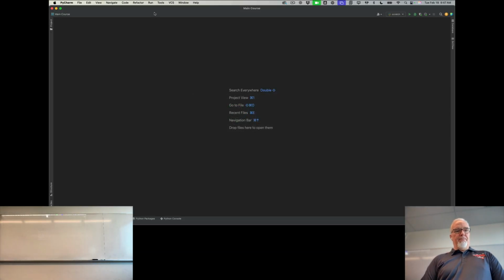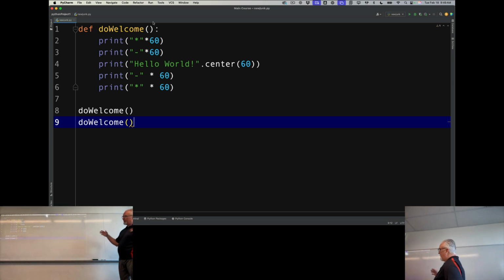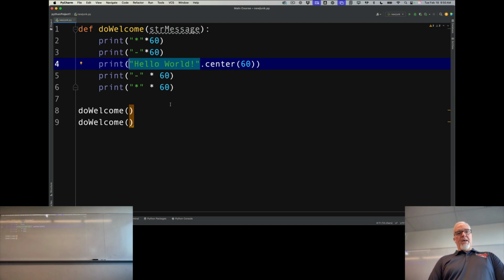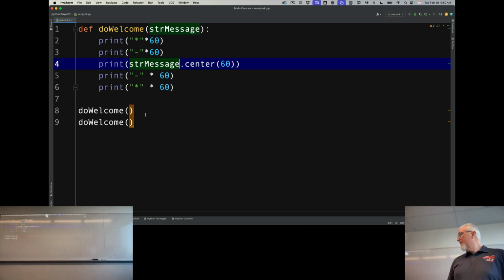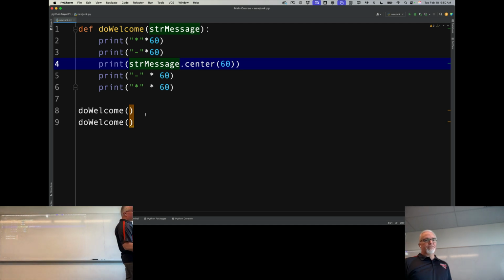So let's play around with this for a second here in our code window. Now, if I want to take this function that we've created and I want to customize it a little bit, make it a little bit more powerful, I can give it a parameter that allows me to customize the message. So I'll call that str_message. And I'm just going to replace that with that variable. Now, as I changed up my function definition, notice these calls are starting to have issues down here